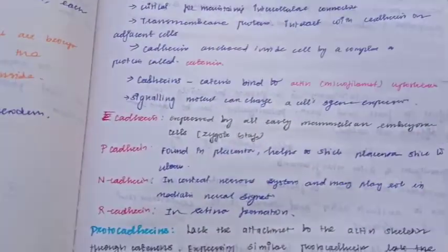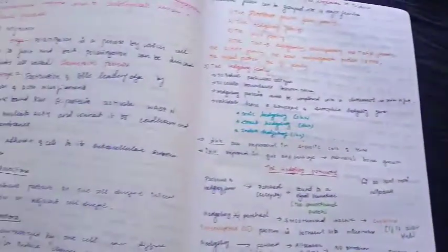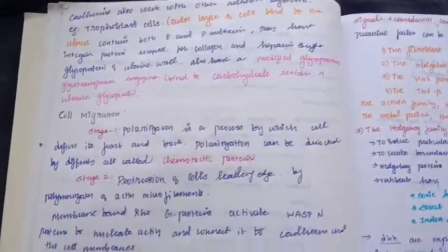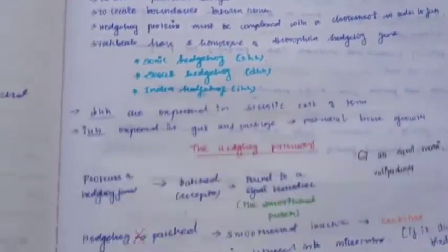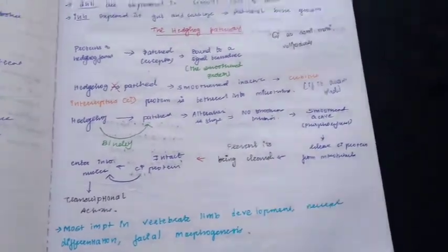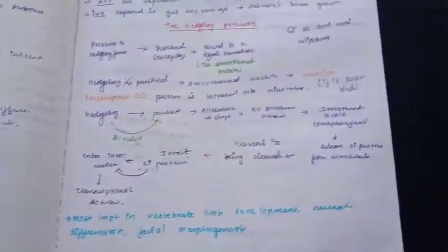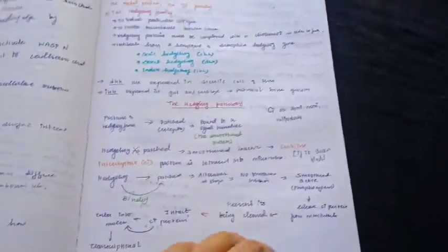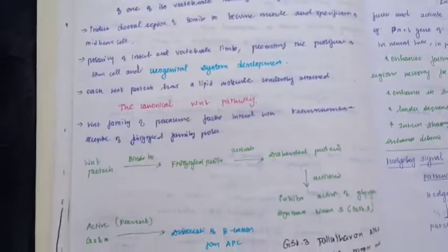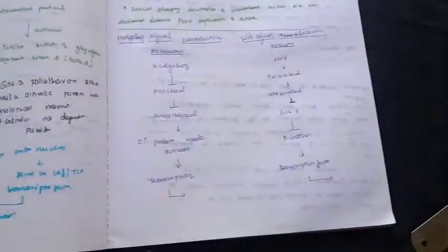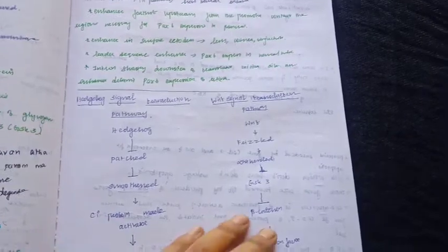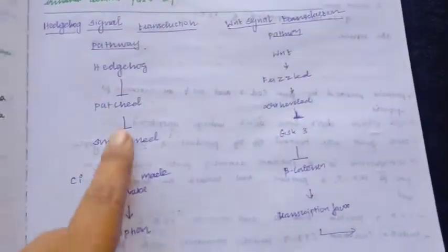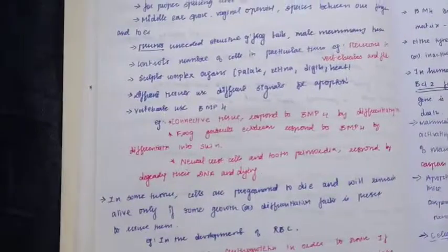So cell to cell commitment, what is meant by this, and so on. Next, cell migration. What are the different types of interactions, and this family and the pathway and all, I'll write. I don't write paragraphs, I'll write them with a flow chart, so that it will be helpful for you to get a glance of what we have written. So this is how I'll have the pathway and all, because sometimes they ask the flow of this pathway. So that's why I had written them in my notebook.